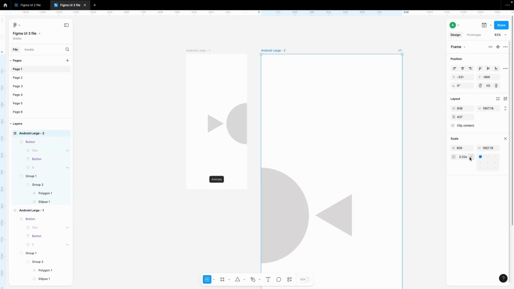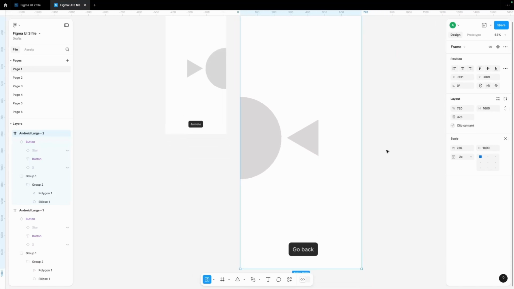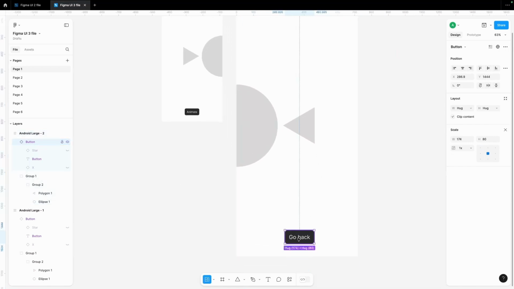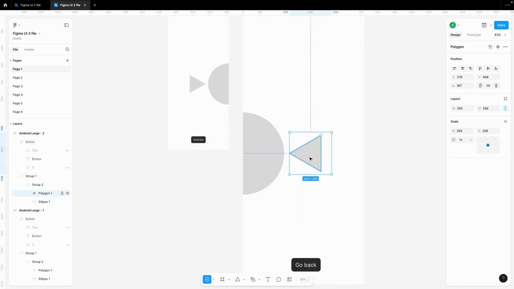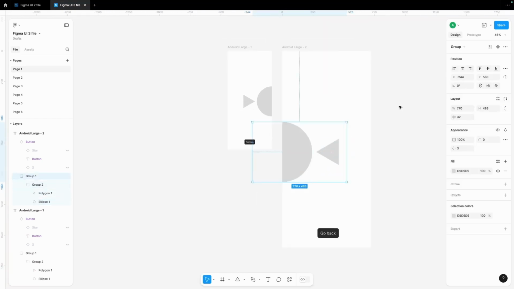And right now its scale is at 2.32x. Let's make it 2x. And it looks something like this. Everything like this text size, this button size, this ellipse and this polygon, everything has been increased proportionally. Let's undo these